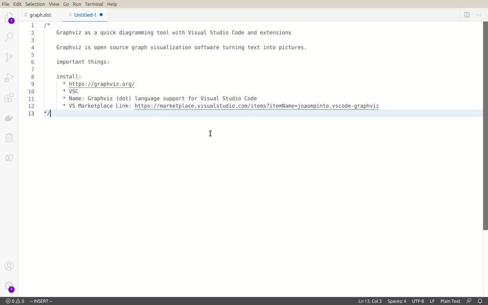Hi, I want to show you how to rapidly make diagrams with Graphviz and Visual Studio Code. Graphviz is an open source visualization software turning text into pictures. Why I find this useful is because when I'm diagramming or collaborating or mind mapping or whiteboarding with